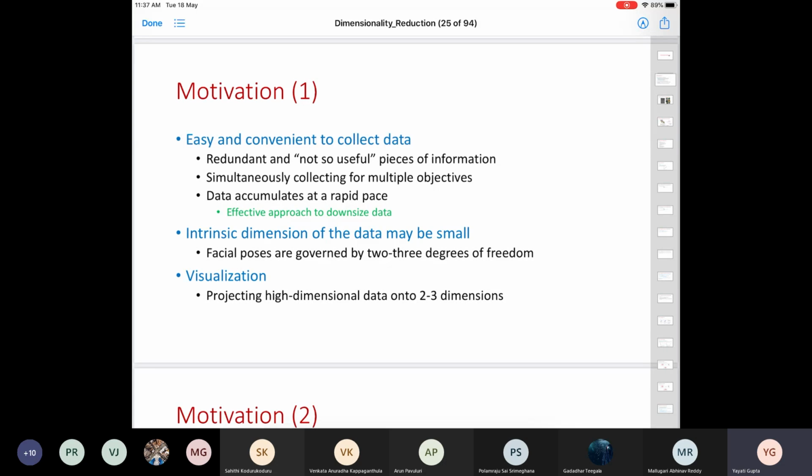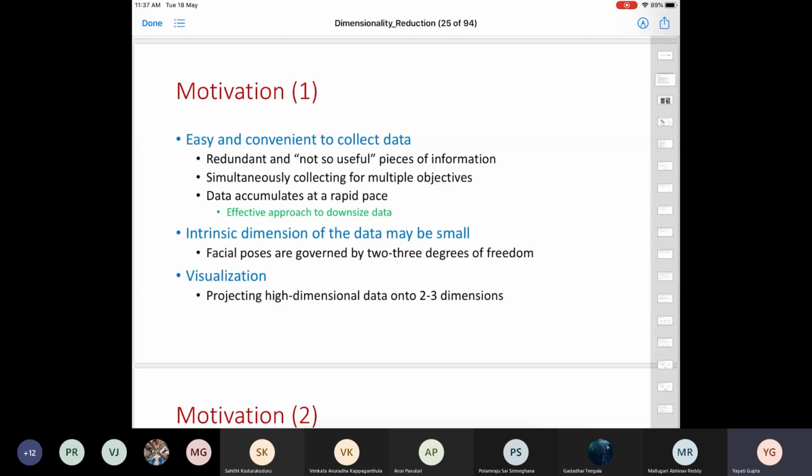So the primary motivation is to reduce this dimensionality to ensure that there is as little redundancy as possible. Another way to think about this is that if you collect more features, you need more storage. So our approach is to downsample the size of our data set.